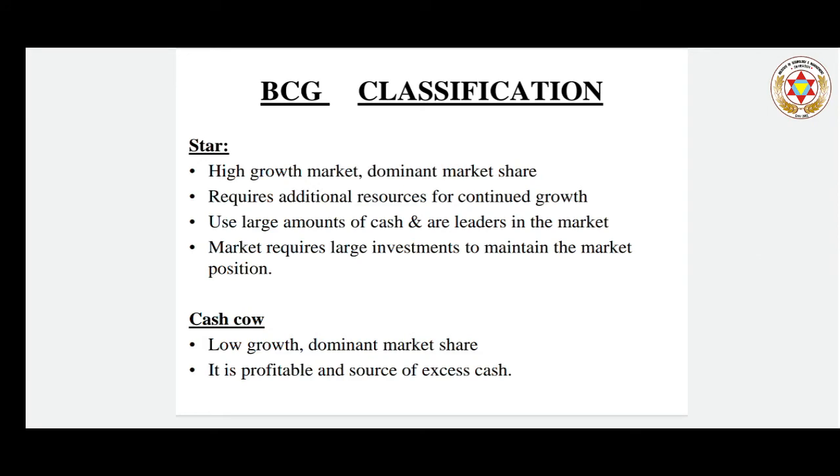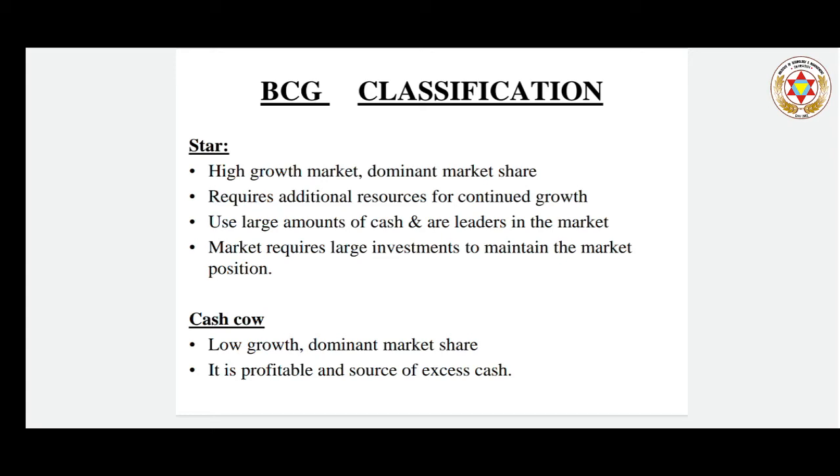It is also similar to the product life cycle, a business analysis that attempts to identify a set of common stages in the life of a commercial product, for example, introduction, growth, maturity, and decline. The introduction of the product is denoted by the question mark. The growth of the product is determined by the star, the maturity by cash cows, and the decline by the dogs.